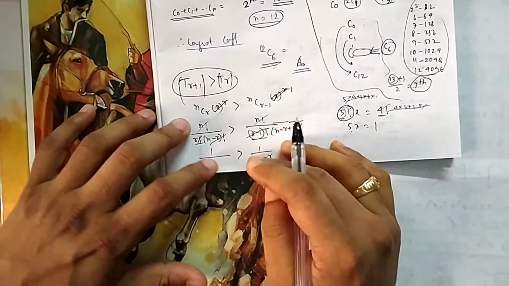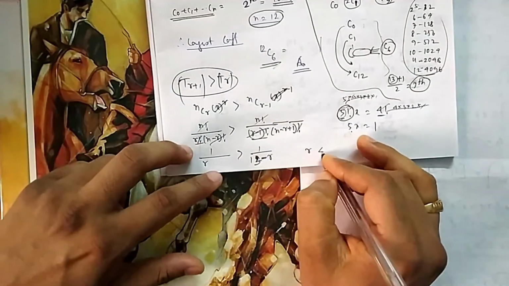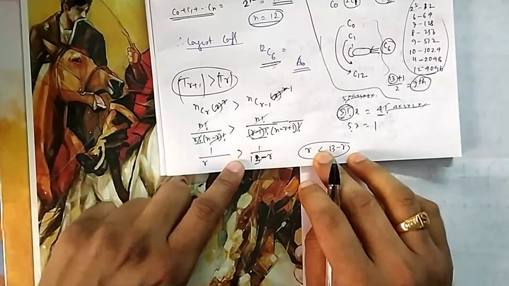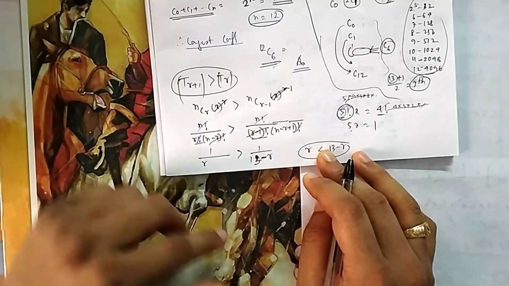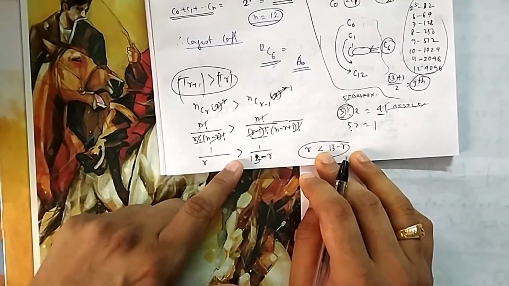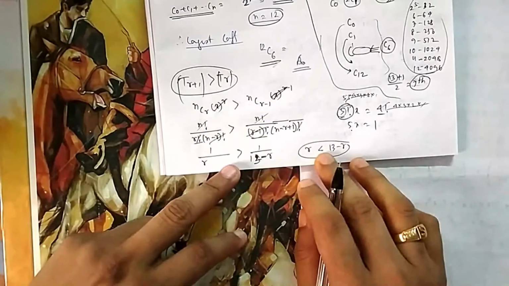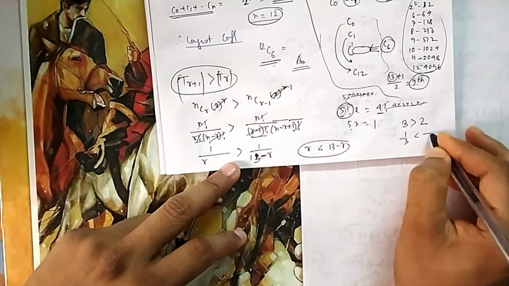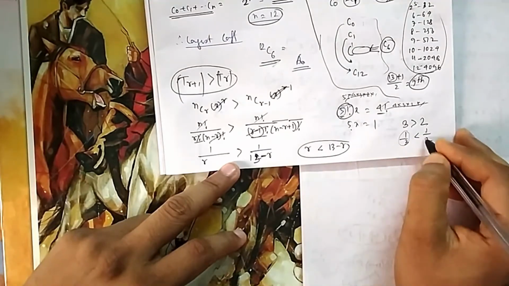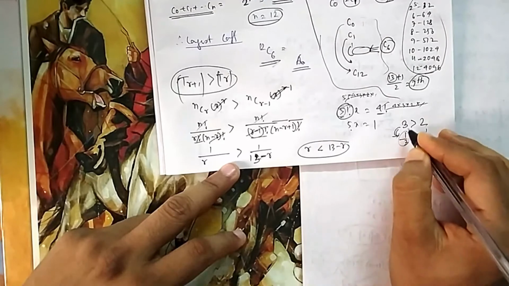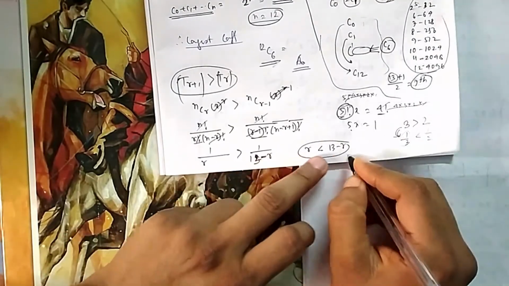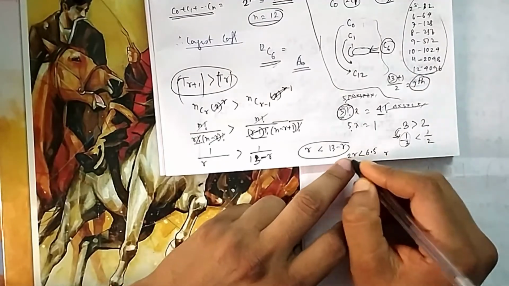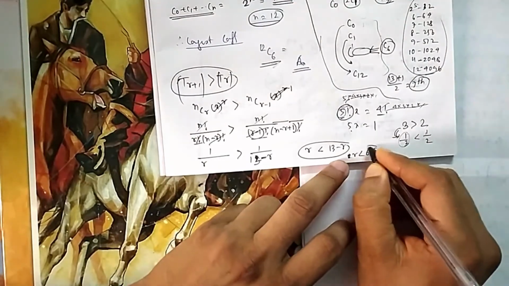Now if you take the reciprocal of this, then the inequality also reverses. This is one more property of inequalities. If you multiply an inequality by minus, then it reverses, greater than becomes less than. And one more thing to remember, if you take the reciprocal, then it also reverses. You can see 3 is greater than 2. If you take the reciprocal, then 1 by 3 will be less than half, because 1 by 3 is 0.33 and half is 0.5. Because I am taking the reciprocal, that's why it reverses. So 2r is less than 13, so r is less than 6.5.